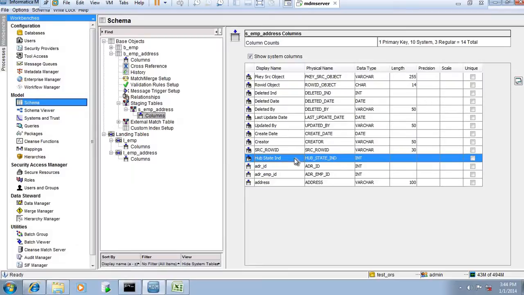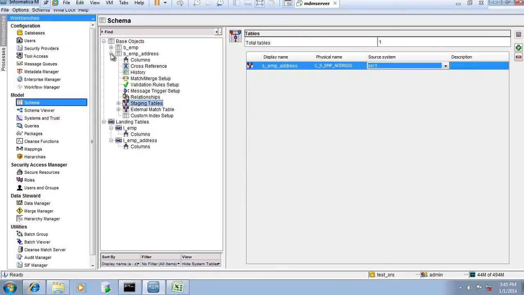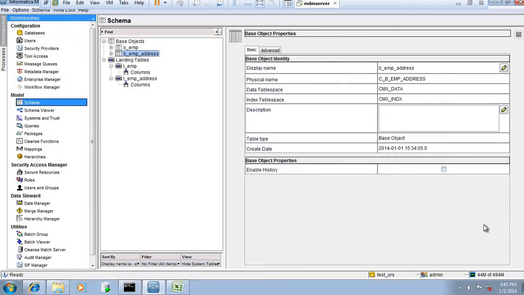Hub state indicator is the same: 1, -1 and 0. Then address ID, and these three fields are the business columns. So for the staging table, these are the infrastructure columns we can see.